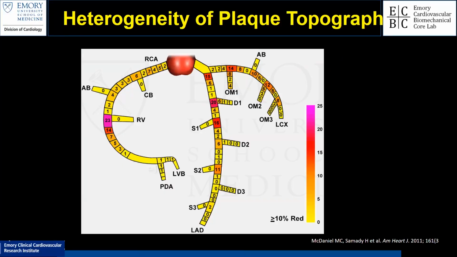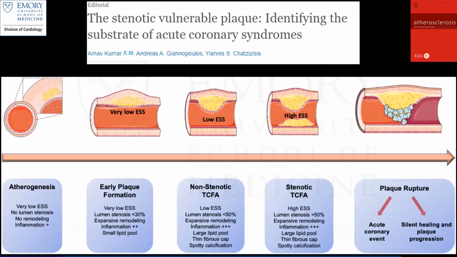Indeed, in a cohort of patients treated at Emory for STEMI, Dr. McDaniel and colleagues noted that the culprit lesions are frequently located immediately distal to the bifurcation and in the proximity of major curvatures where disturbed flow is known to occur. This supports the theory that wall shear stress is related to ACS. And so we believe that early atherogenesis might be initiated by very low and oscillatory shear stress.